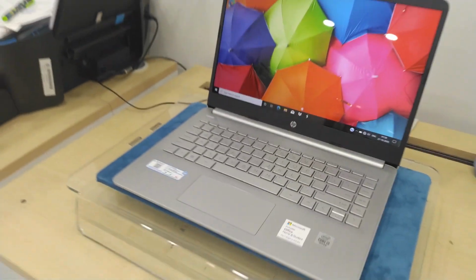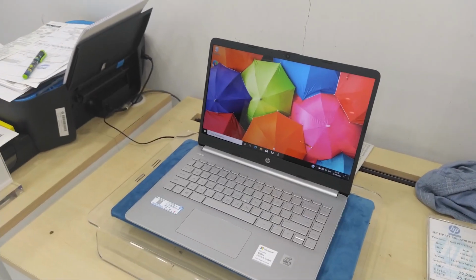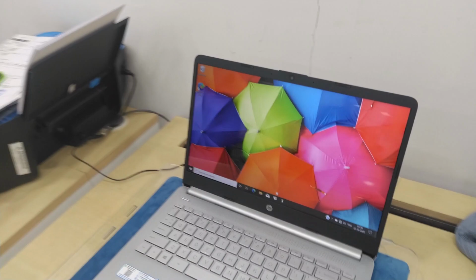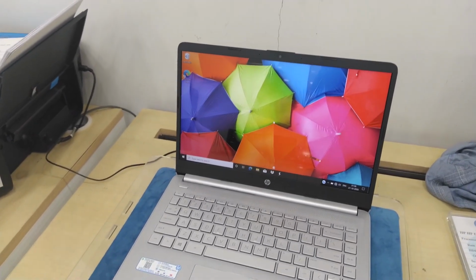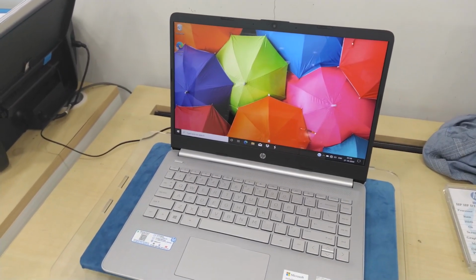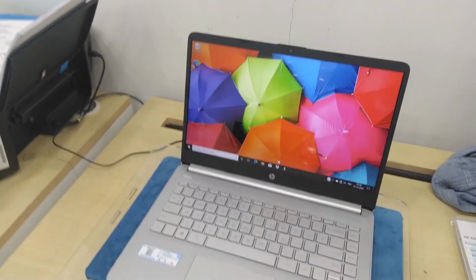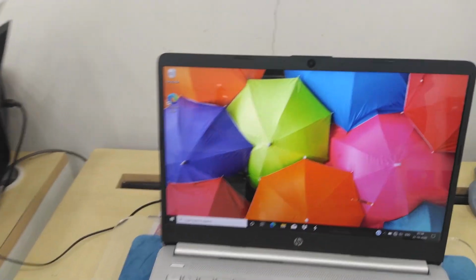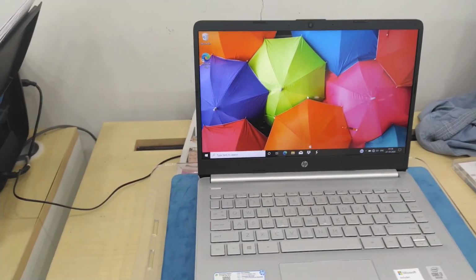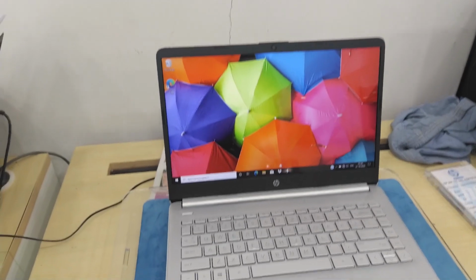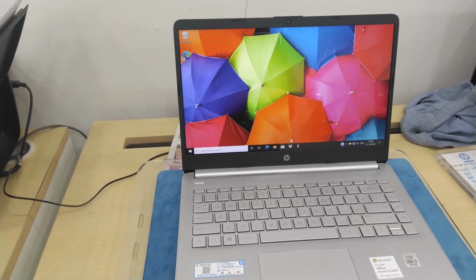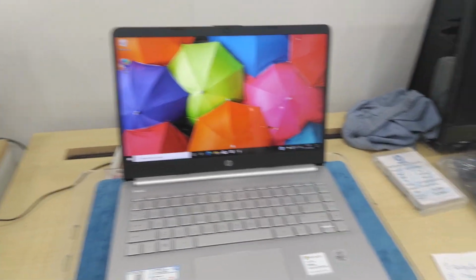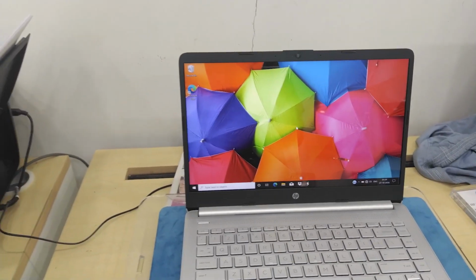So overall my conclusion for this laptop: if you are a normal user, like office usage, or a student who is looking for a laptop, I definitely recommend this laptop. Why? Because it is powered by Intel i3, 10th generation, with 8 GB of RAM and 512 GB of SSD, which is PCIe.